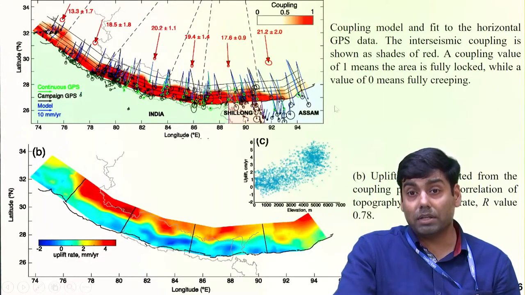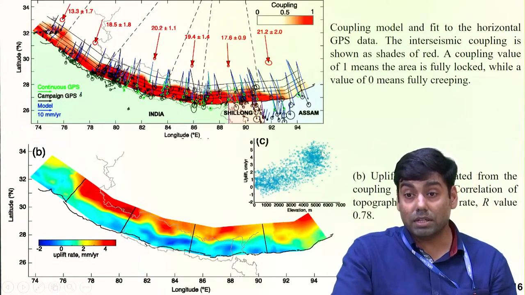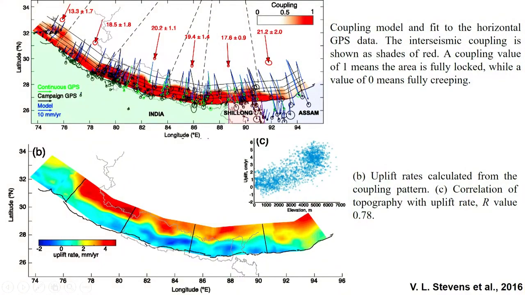And then they estimated the strain. This is Stevens in 2016. They have basically segmented the whole fault system and then evaluated the convergence rate, because all these segmented faults have different convergence rates. It is not constant all along the fault system, starting from northwest to northeast. So you can see the convergence rate here, it is less,